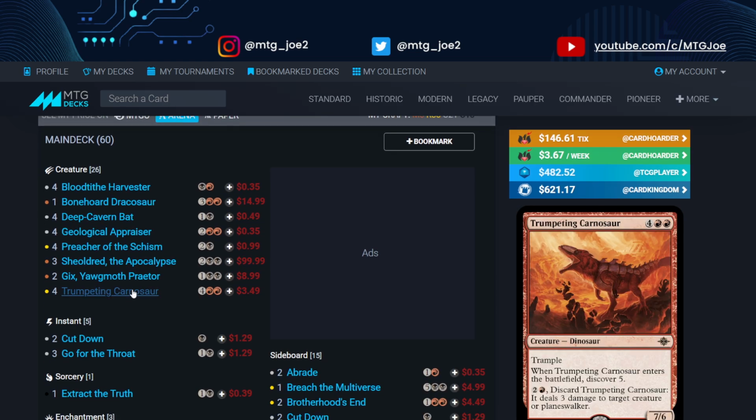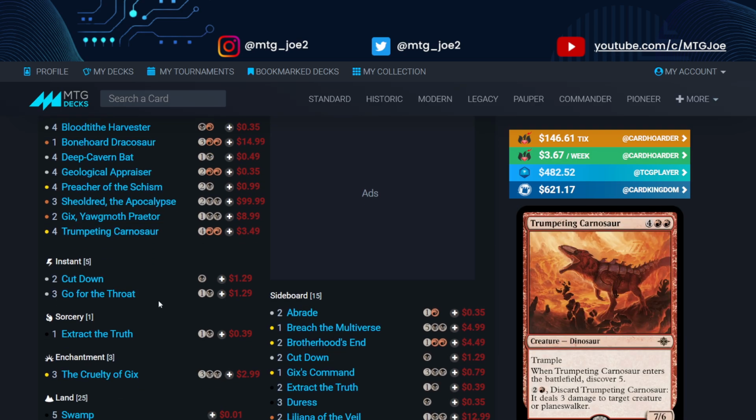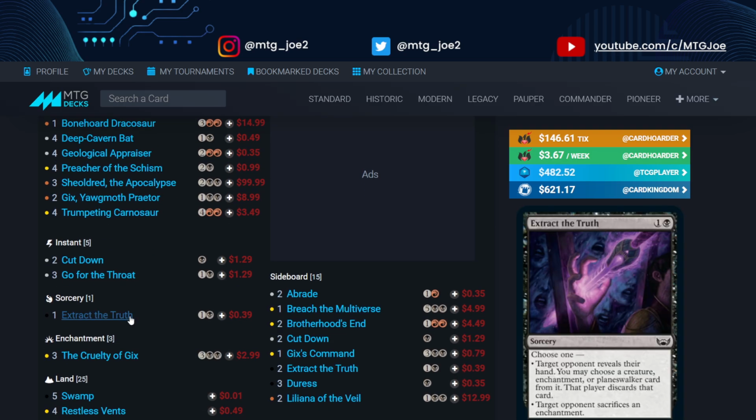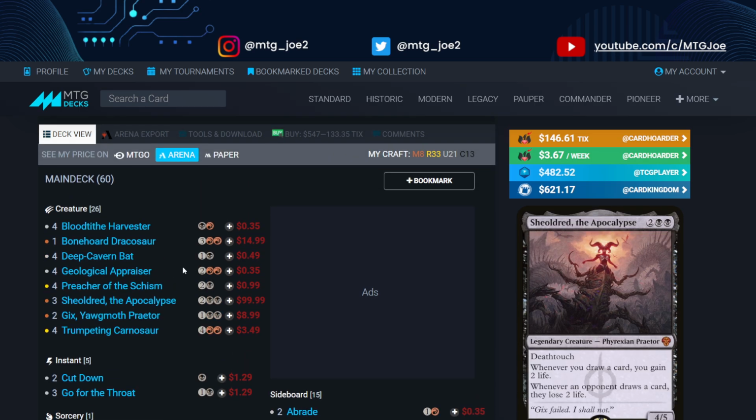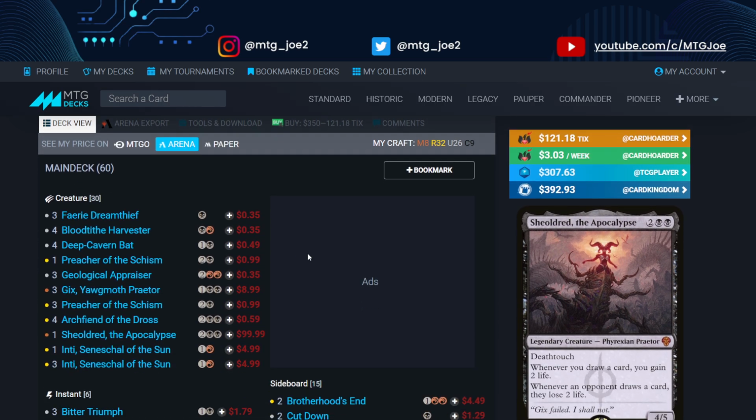So Carnosaur and Geological Appraiser. You have Extract the Truth, Leyline Bindings, Cruelty of Gix. So a little bit more mid-rangey focused version of the deck versus a slightly more aggressive version. So we're seeing not necessarily a consistent approach, but still